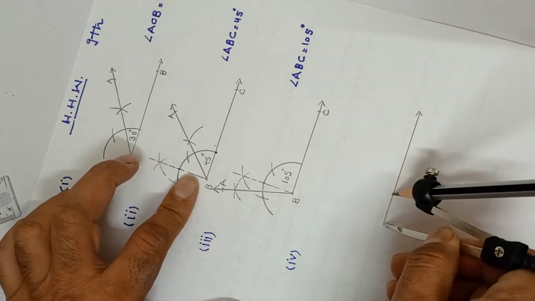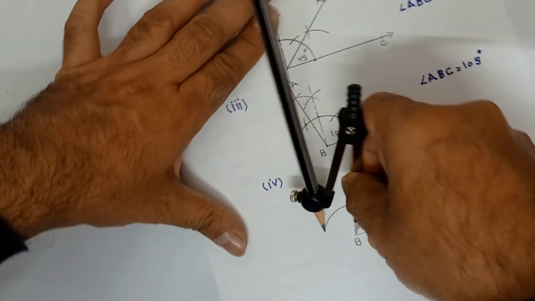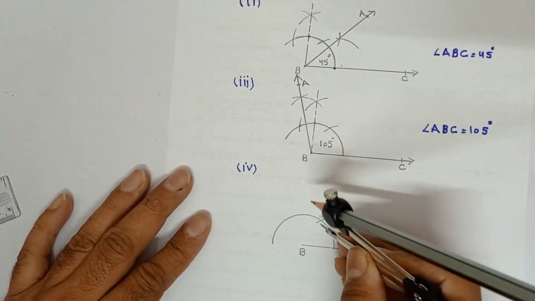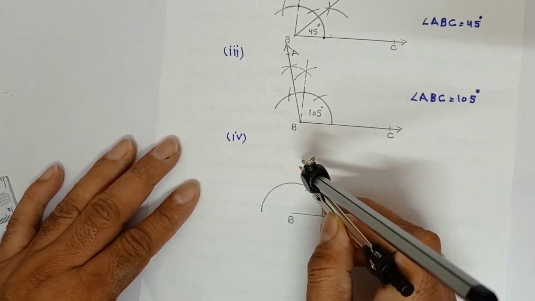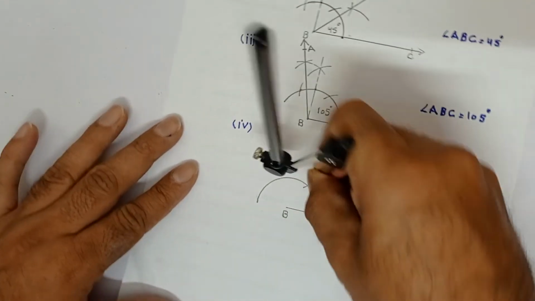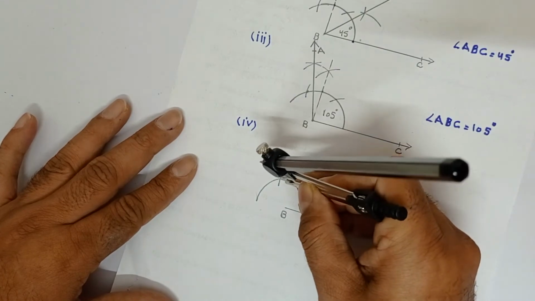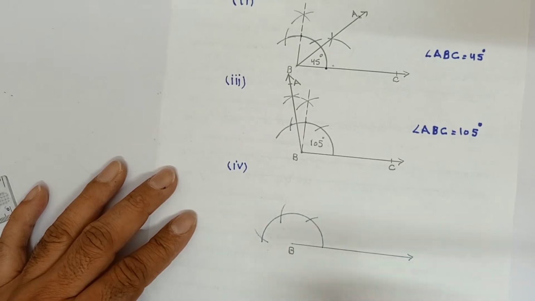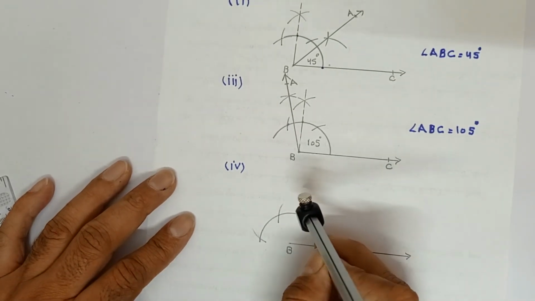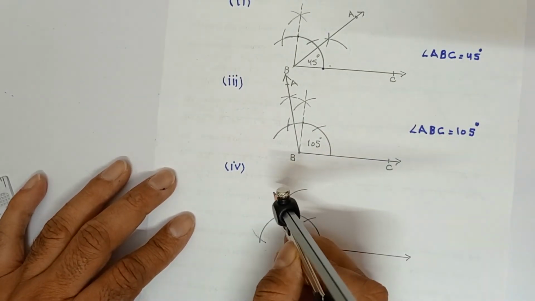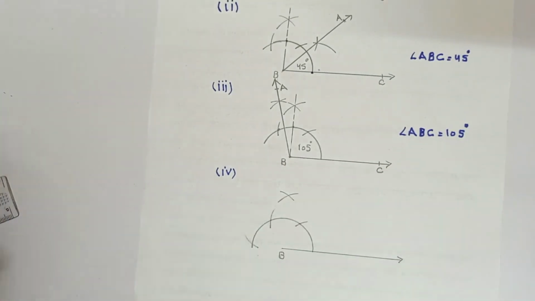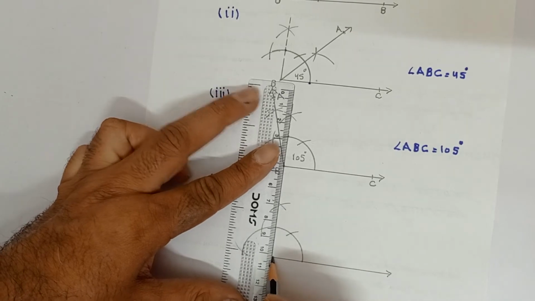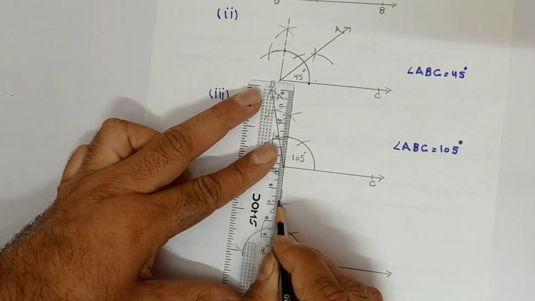From here an arc, from this side 60. The next arc is of 120, and from 120 you will cut another arc that is of 180. Now from here 60 arc, from 120 another arc. We are going to make 90-degree. So 90-degree is not our original requirement, so it will come dotted.